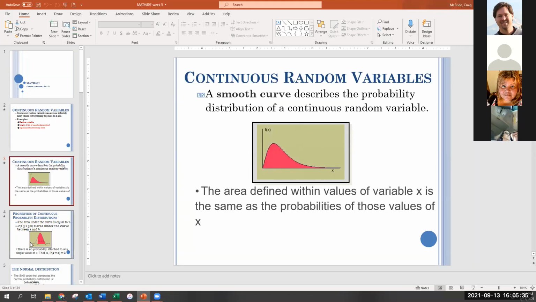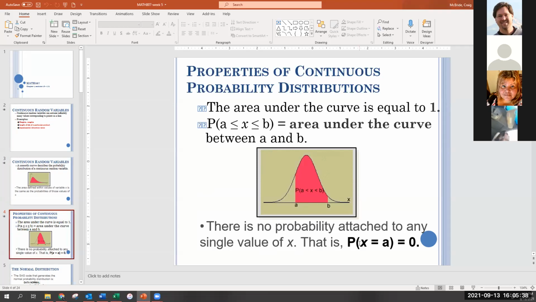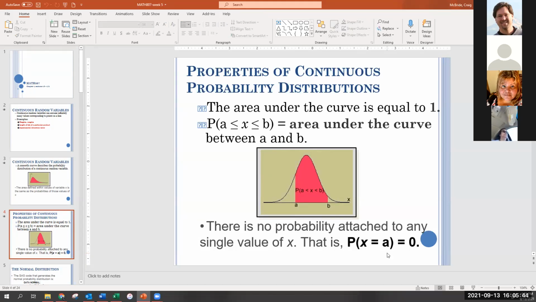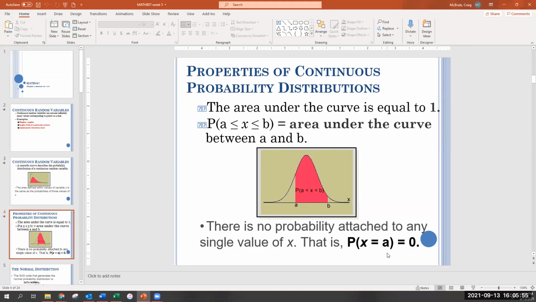So that's why, as I said, we can no longer have the probability that X equals a specific number. You can no longer say what's the probability that X equals 5 or X equals 100 or X equals even 247.3. It doesn't matter if it's a whole number or not. The probability of that will always be 0,